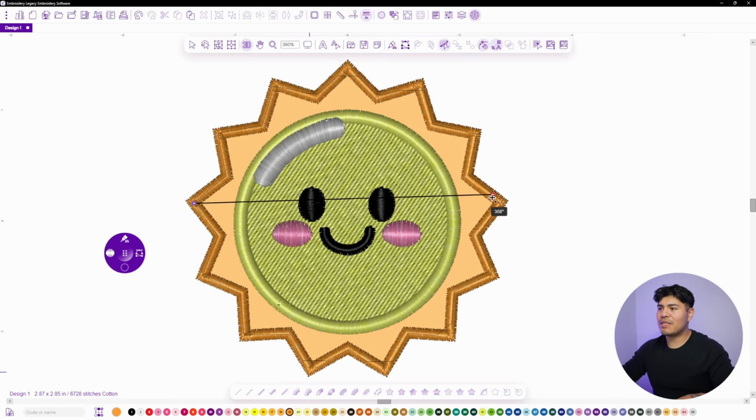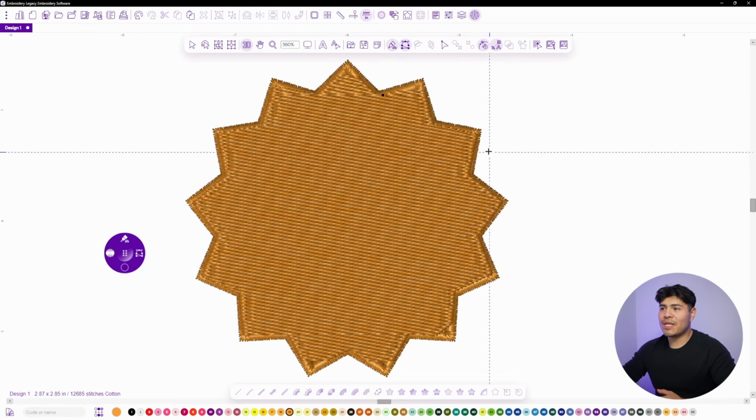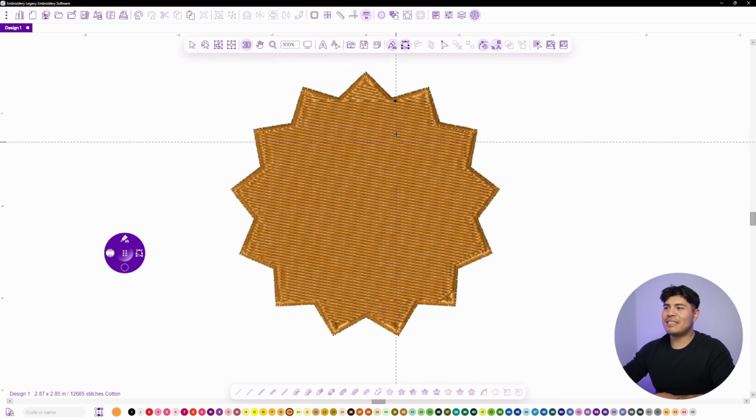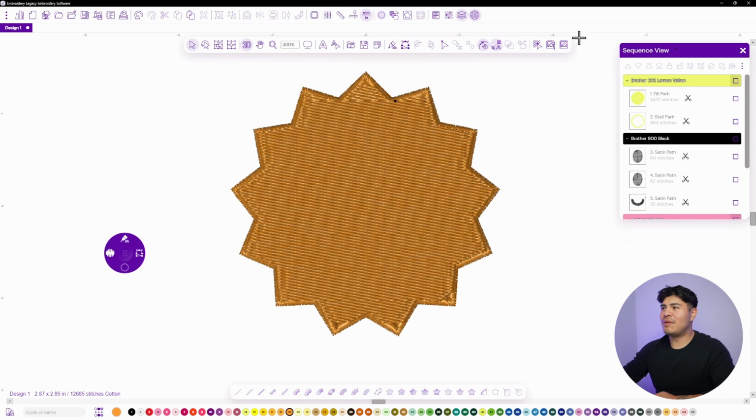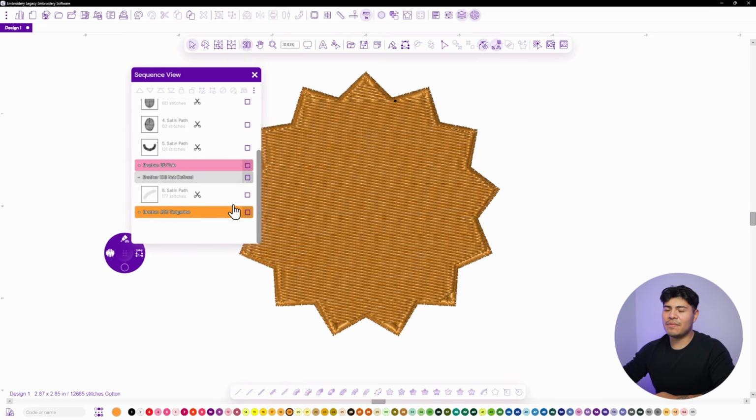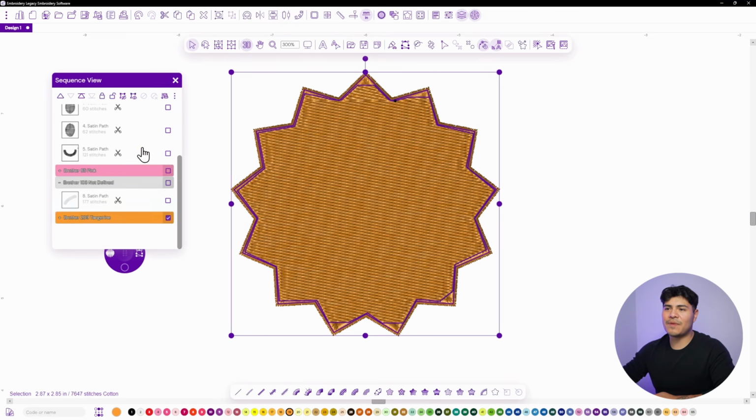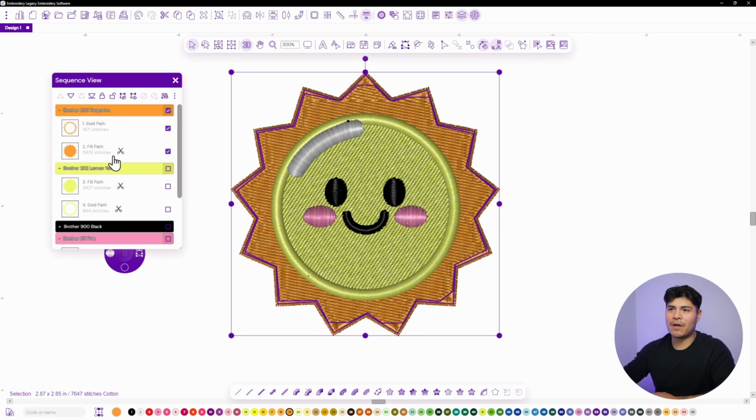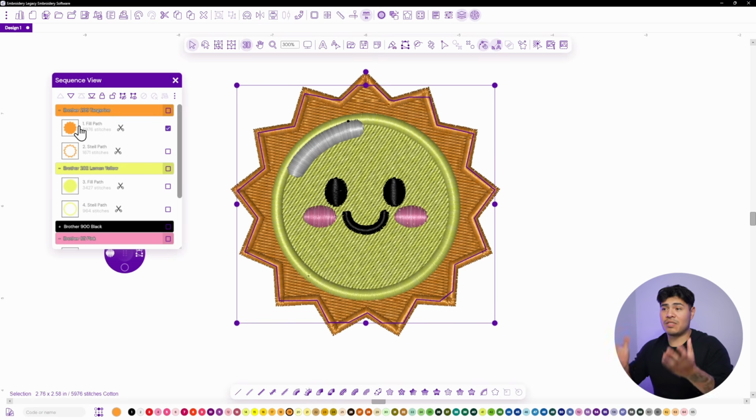Here I'm just going to click and drag because I'm leaving it at a 0% degree. I guess that's what it would be. And you can see that we've created the fill. Now let's do the same thing that we did with the yellow. And in our sequence view, I'm going to bring these two all the way to the bottom. And I do want to make sure that this path is secondary because I want the base to stitch out